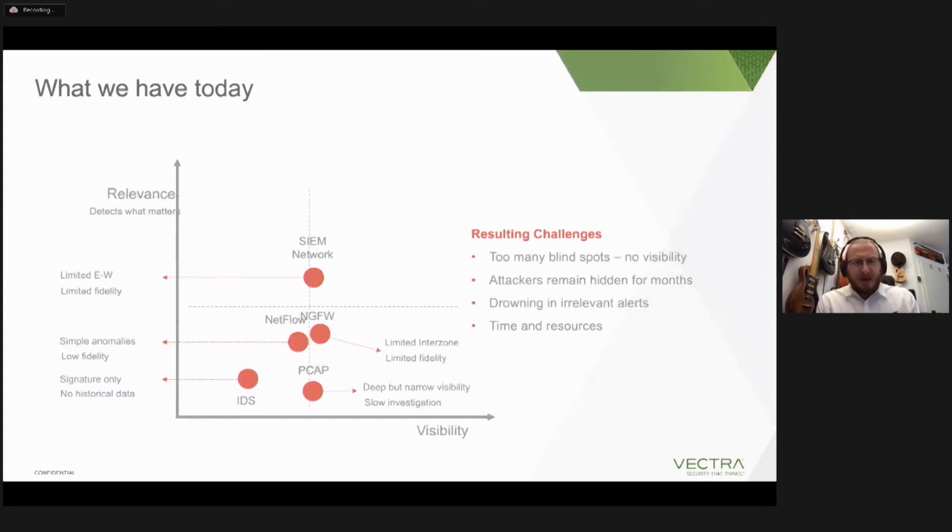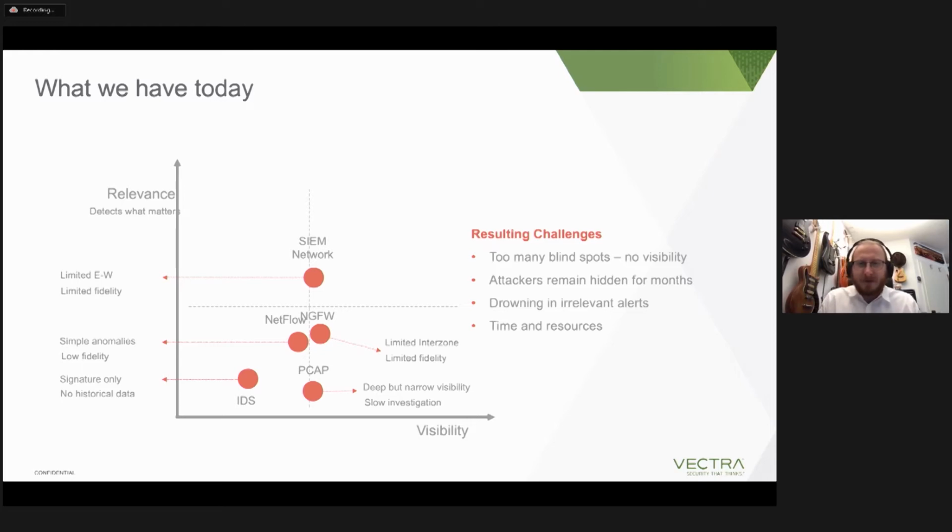When we have a look at what we have today, we have great solutions in place, right? IDS, IPS solutions. We have NetFlow to understand who is communicating with whom. Next generation firewalls helping us to understand what is hidden in the streams. And of course, SIEMs that are getting all the logs and all the information together into one point, building use cases on top and throwing us alerts. And as a base layer, we have the PCAPs where we can analyze very, very deep. But we have a problem with relevance because we cannot have a PCAP over everything in your environment.